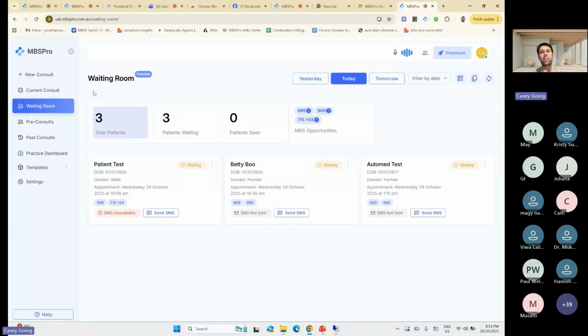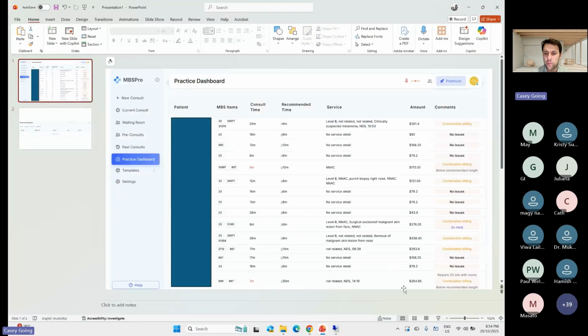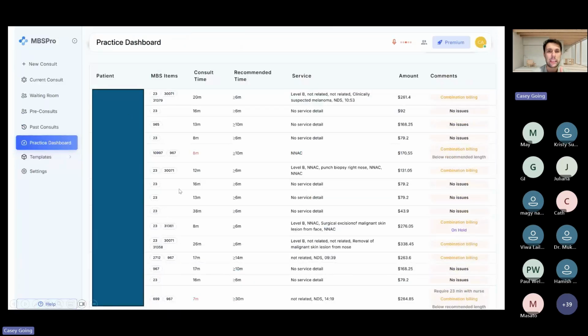So the idea is that with the BP integration, we can pull out a lot of information, give you auditability, looking at your times, also pre-filling things like PROTA and PBS authorities, which I'll show you in 1 second. Now, the other thing that we're adding into this patient billing list, which will sit in here as well as sit in the waiting room, is that we can actually see the times that have been spent previously linked to patients.